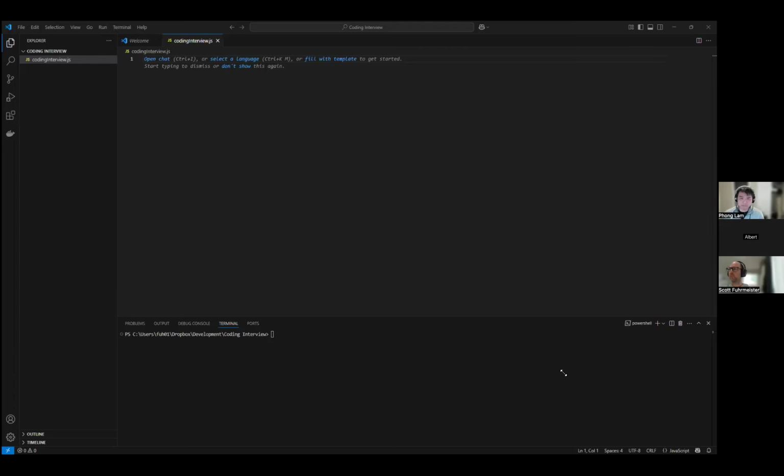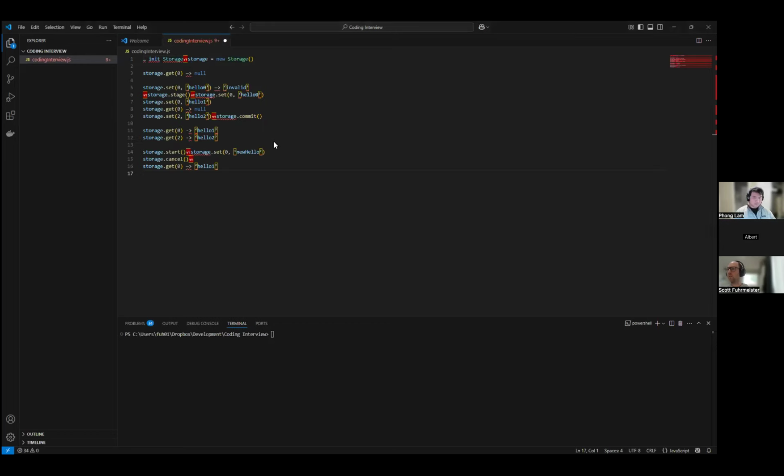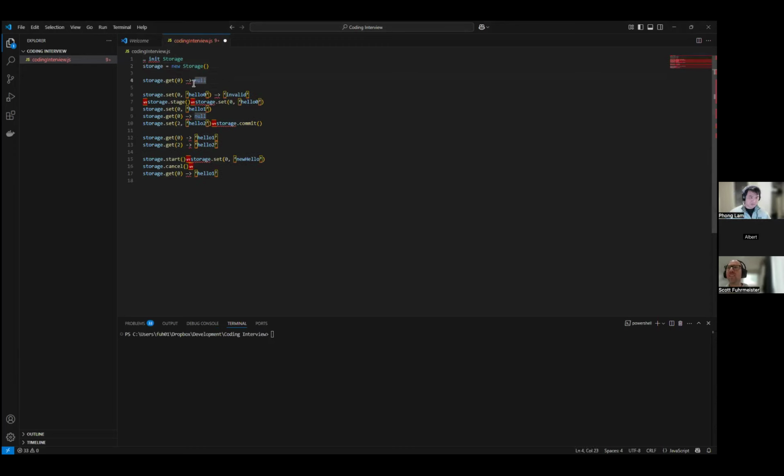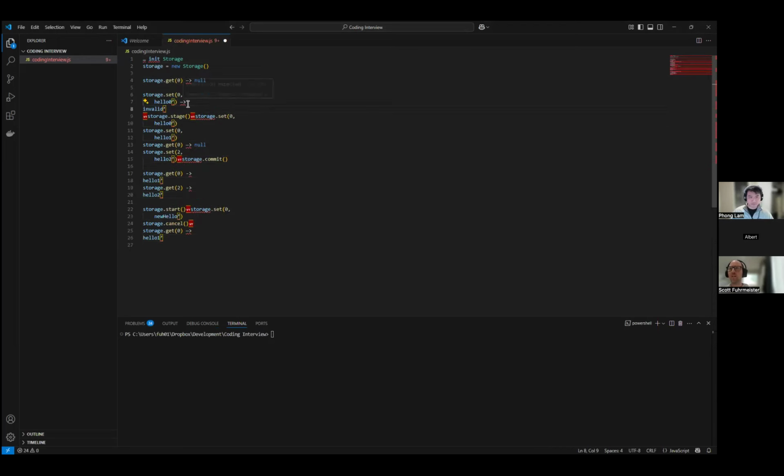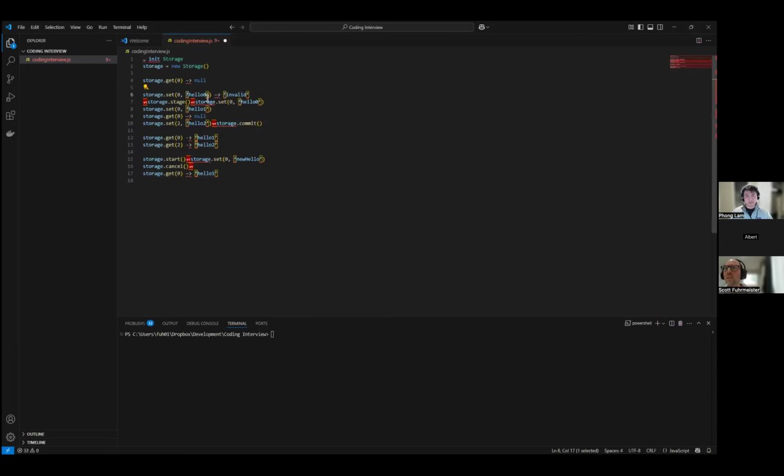Can you see the prompt? Yeah, I can see the prompt there. So you've got a storage object, and you can post it in your environment too. Probably just comment them out: highlight all of them and comment them. Everything's gone funny here with the formatting, I'll fix that up in a second.